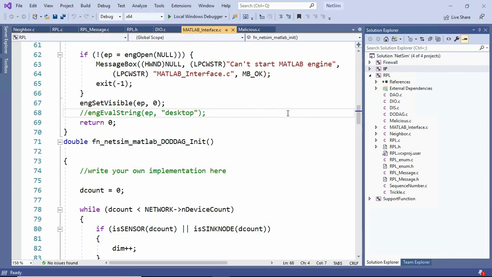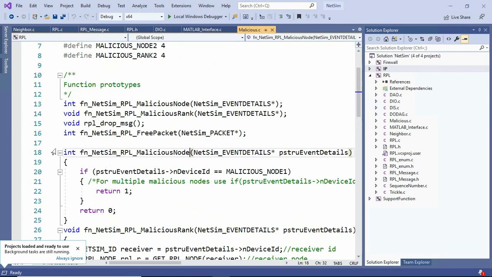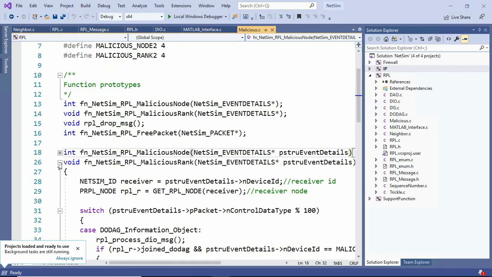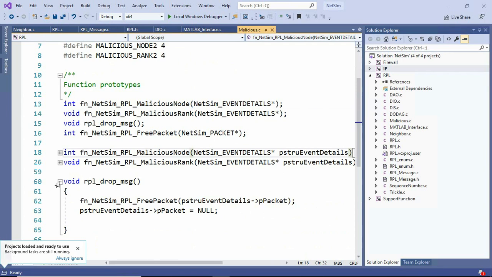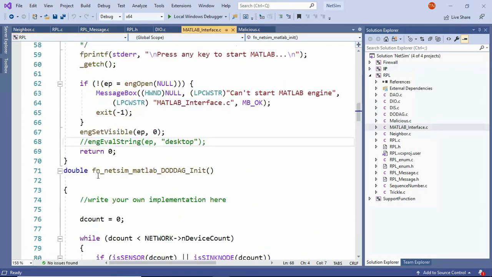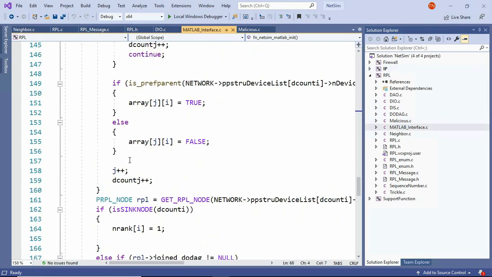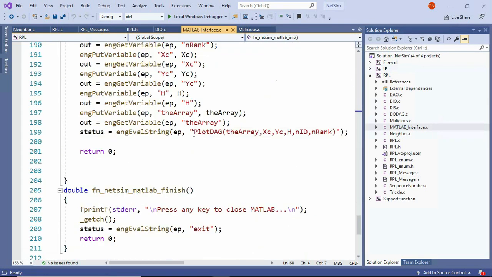The code of RPL protocol is modified and a malicious.c file is added to model the malicious behavior. A MATLAB interface.c file is also added to pass parameters from NetSim to MATLAB in runtime to plot the directed acyclic graph.